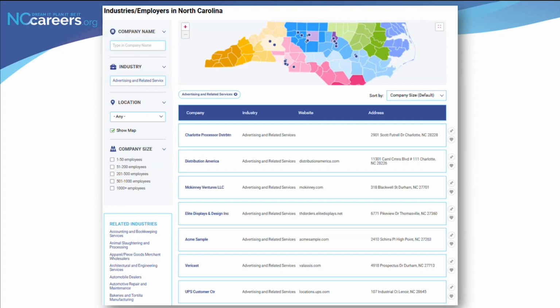The data also comes from a third-party provider, Data Axle. If you're familiar with the business search tool on our LEAD analytics page, it's essentially from that same data source, but we've formatted it for NC Careers. Again, since this data is from a third-party provider, there may be some inconsistencies. But this will be a great resource when thinking about ways to generate leads and which employers could potentially hire within your area.